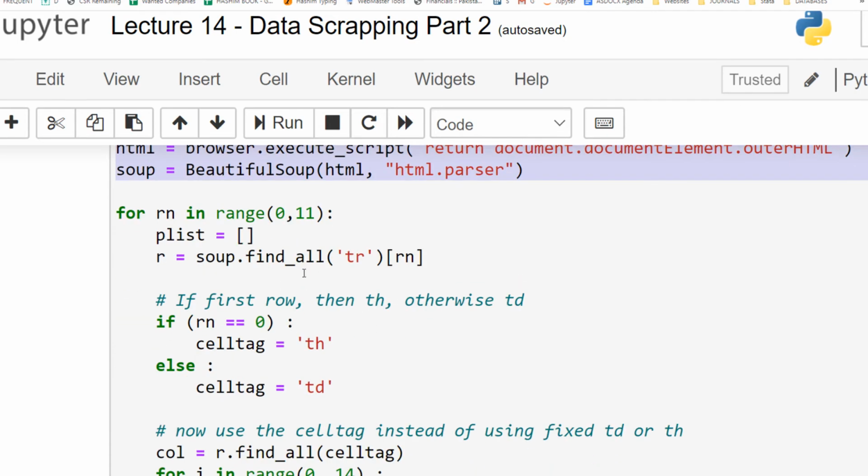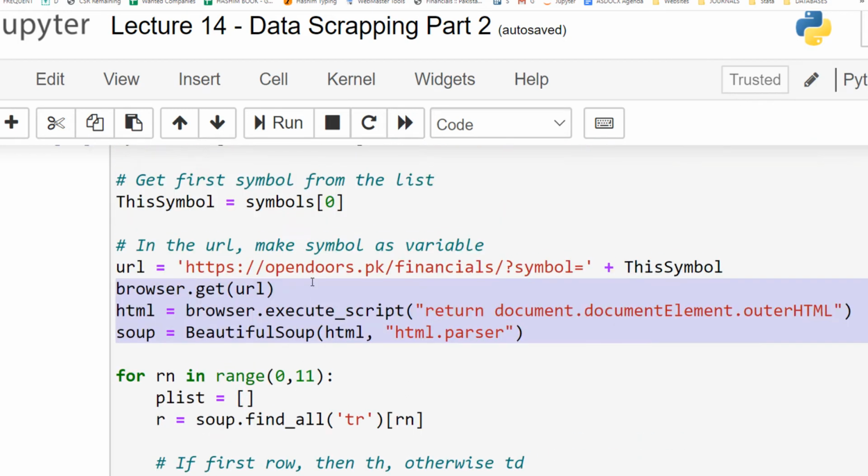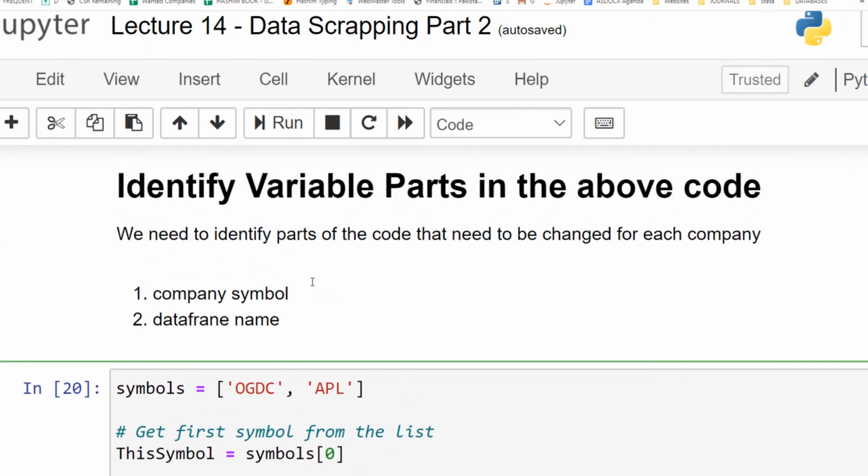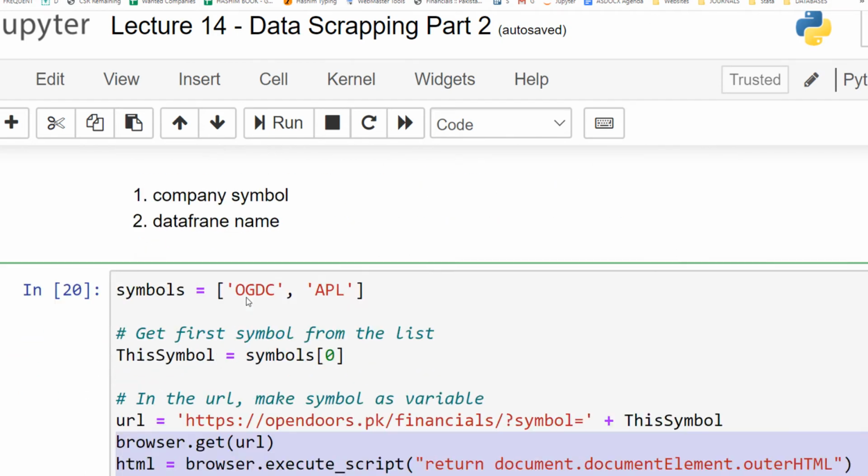And again, in this code, I haven't applied a for loop so far. I'm just processing the two variables one by one by hand, not through a loop. These two variables, company symbol and data frame name, I'm trying to process them manually. Once we understand, then we can apply a loop so that we automate the process for each company.